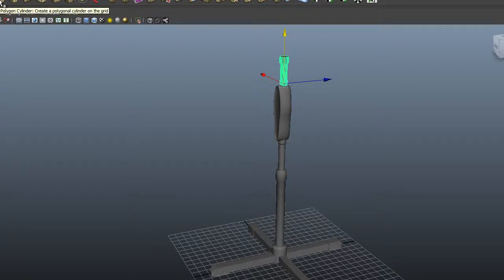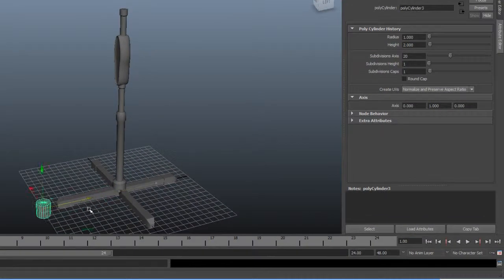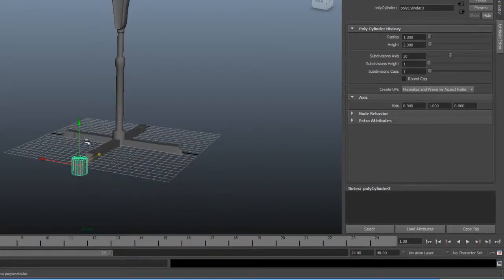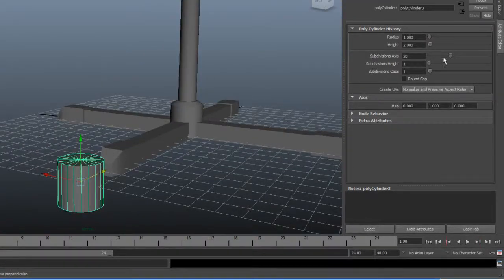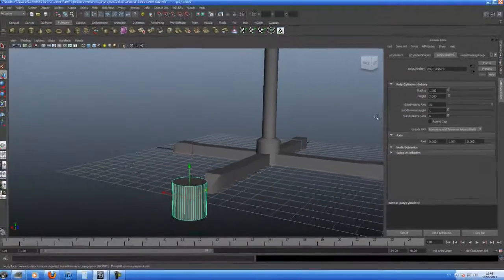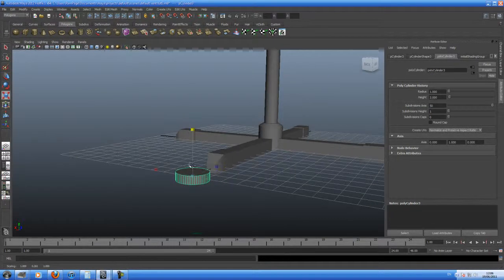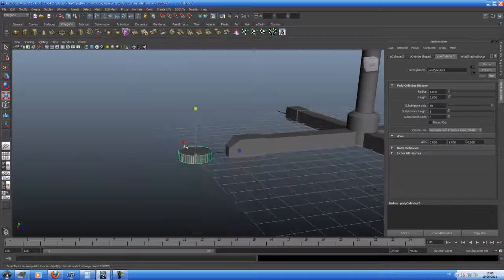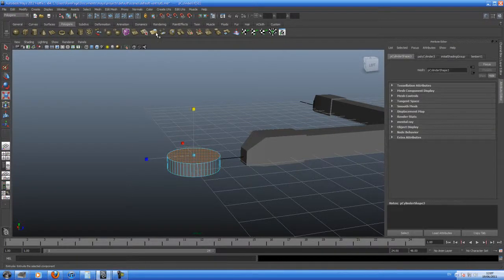So we will create another cylinder, okay, and you can see I moved the cylinder to here, which is in front of the control. That will make the steps to bring this button into the control panel much easier later on. So I'm adding more subdivisions to this cylinder and removing the cap and making the height of this object smaller. And now I will right click on the cylinder, pick face and extrude this face